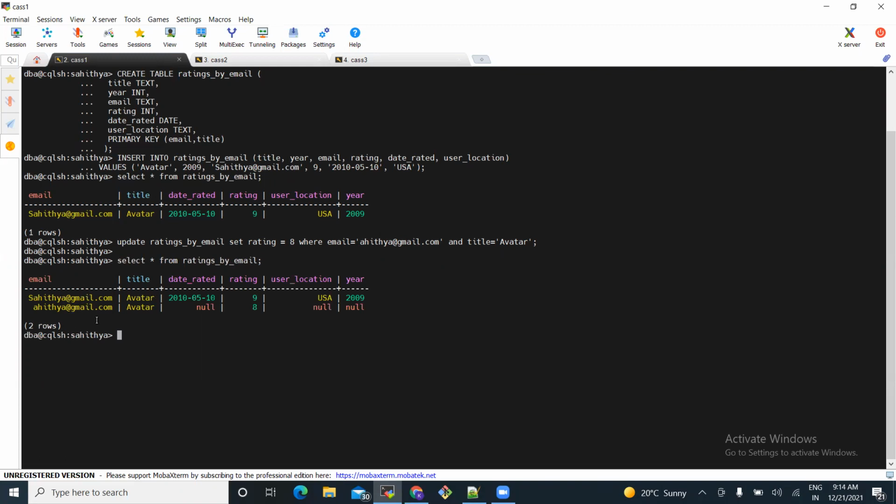Normally, if we do this in other databases, it throws an error saying such a row doesn't exist. But as I said earlier, in Cassandra, a new row gets created with this wrongly spelled email. This means we inserted another row into the table by using the update command. So now let's insert a row using the update command instead of the insert command.